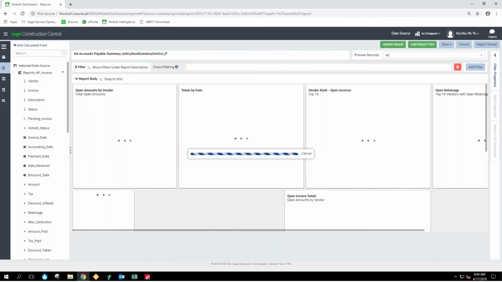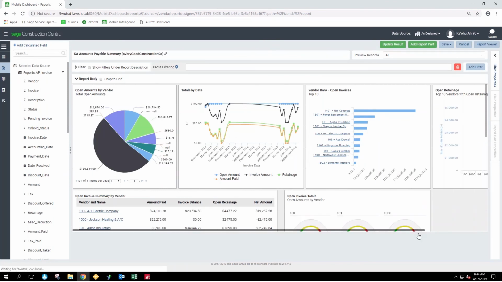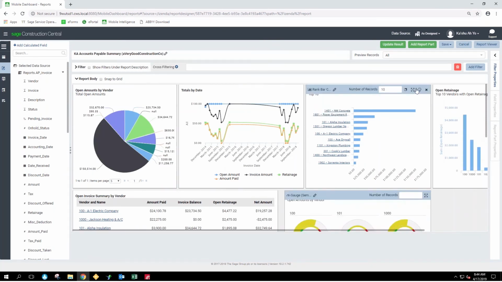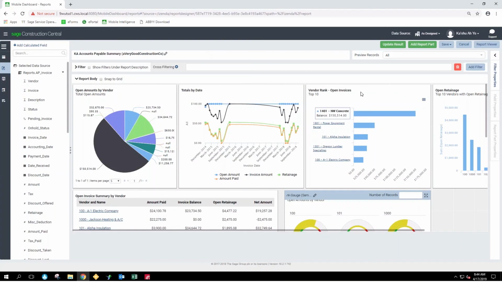Pulling into my report part and my visual representations, I'm taken to my report part dashboard and creator. Here I can edit existing report parts where I can say, do I want the top 10 records or top 5? Easily updating this to configure the information to what I want to see the most, whether that's the color of the bars, how much information is showing, all the way down to the details and hover